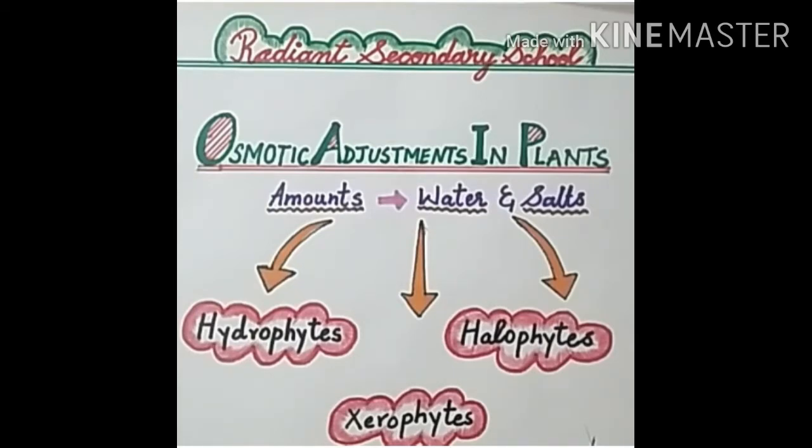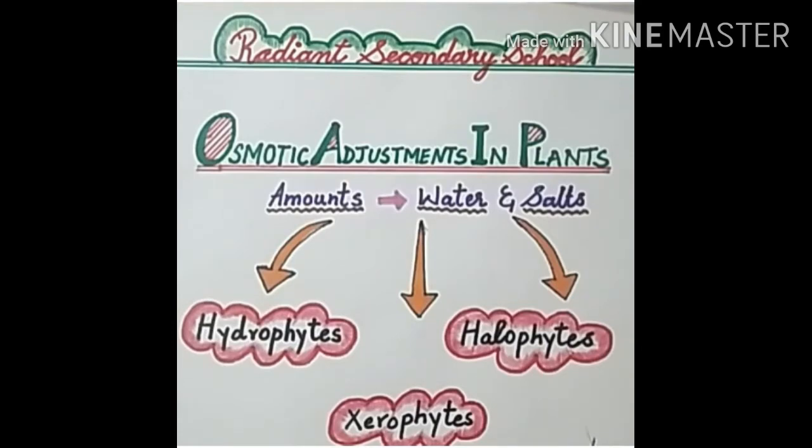Students, as you know that we had started next chapter number 11, homeostasis. In the previous video lecture, you studied about homeostasis, its example and how plants maintain homeostasis. In today's lecture, we will discuss osmotic adjustment in plants. Today's lecture is basically the continuation of the previous lecture.